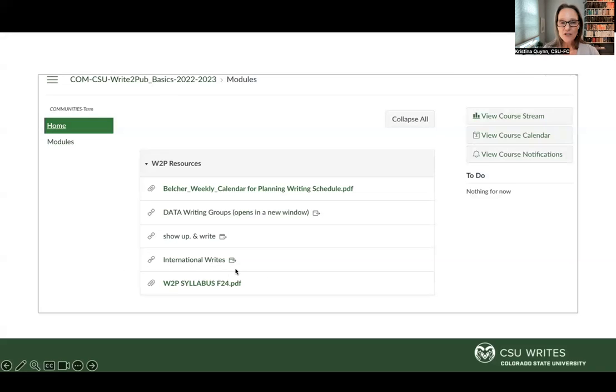There's also information on international rates for those of you who are non-native English writers and would like to get additional feedback and information and lessons on Thursday with a professor from English who works with teaching English as a second language. And then there's data writing groups, held today on Mondays before this session. If you're looking for additional accountability, you could have a writing session from, I think, 1 to 2:30. That's when those run. And so you could get some good writing done and then come to this course.